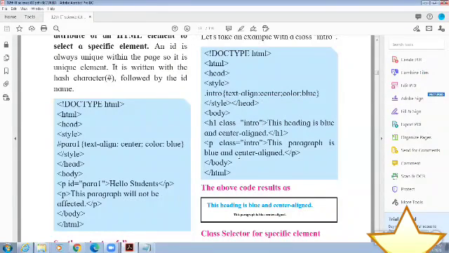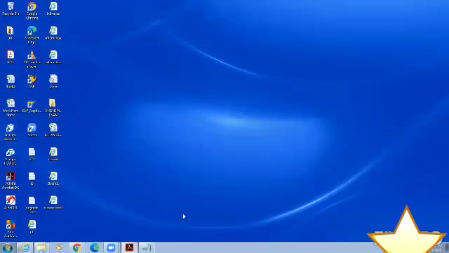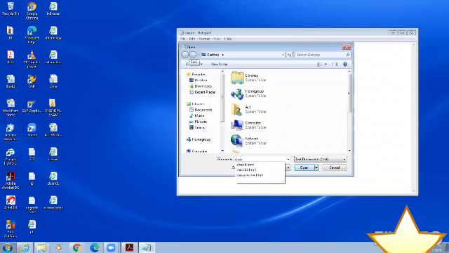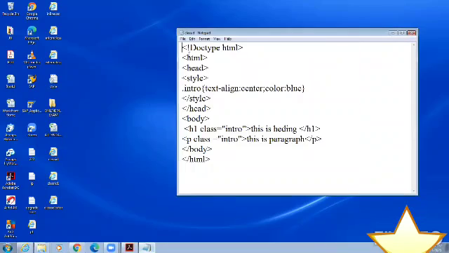So we will see one example based on that class selector. See here, it is intro, text-align center, color blue.